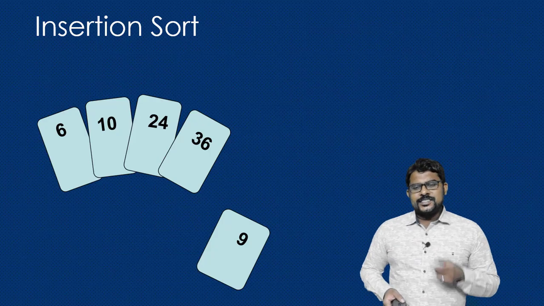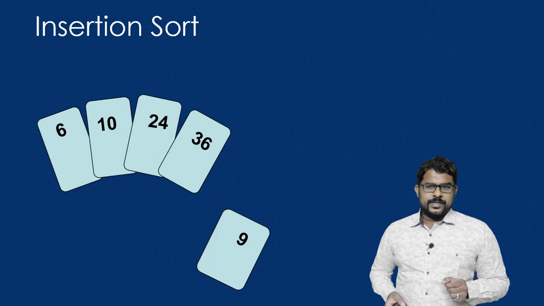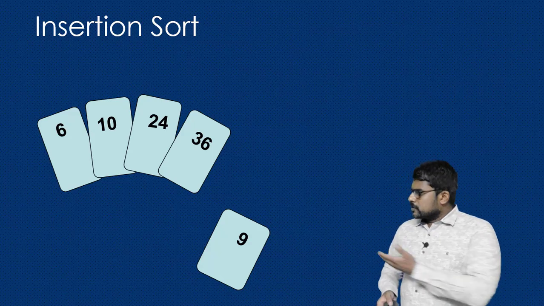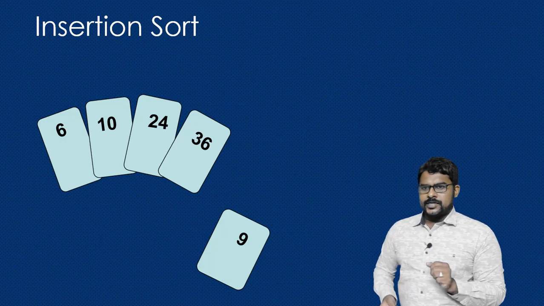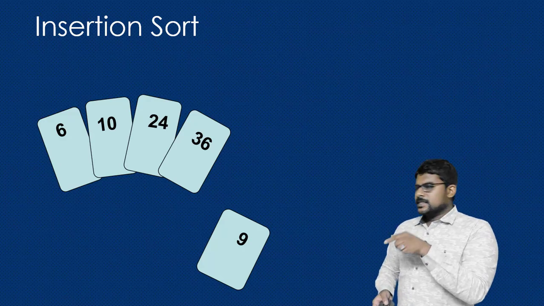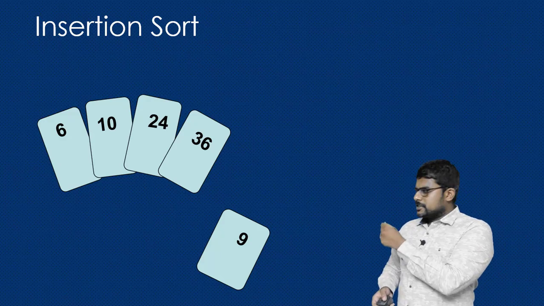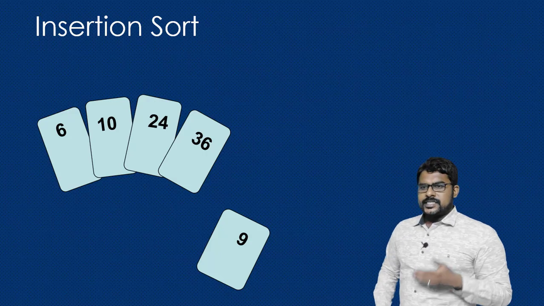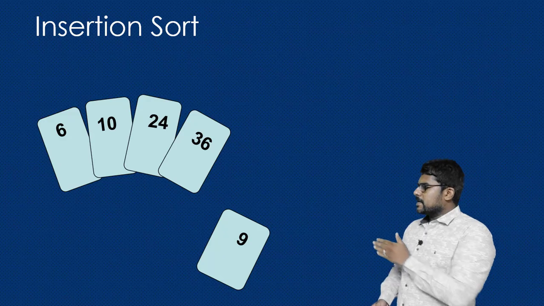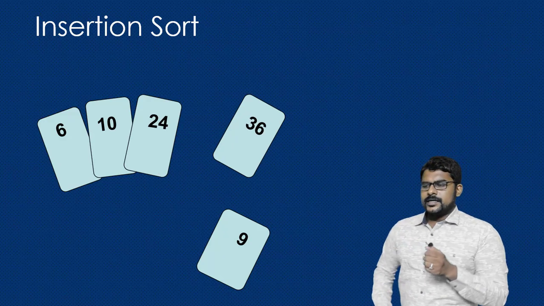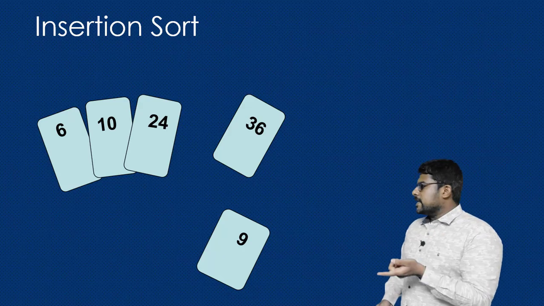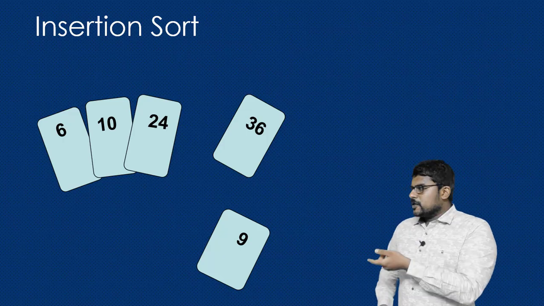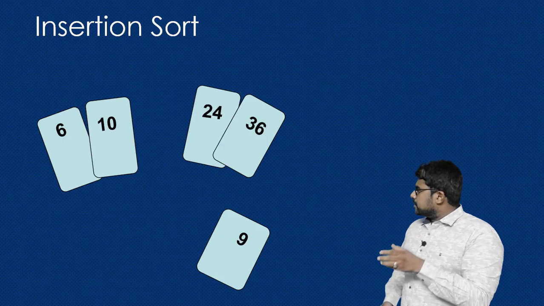Okay, let us visualize this sorting algorithm, insertion sort, with an example. Suppose we have a card with the value 9. There are some other cards which are already in sorted order. Every time, we are going to compare this unsorted card, which is 9, to the other cards. In the first iteration we compare that card with 36, and since 36 is greater than 9, we put that 36 aside, creating room for 9. In the next iteration we compare this 9 with 24, and since 24 is greater than 9, it is also kept aside, leaving the room.